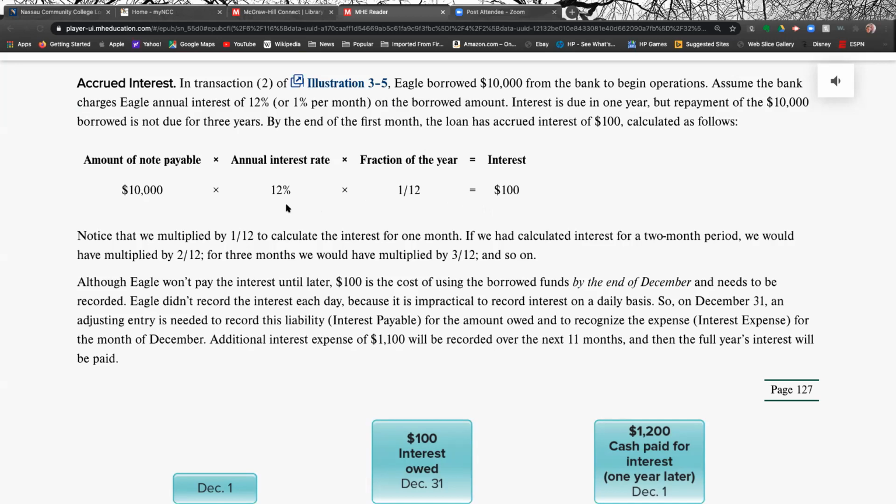They borrowed the money. They don't have to pay the money back for a while. I forget, 3 years. They don't have to pay the $10,000 back for 3 years. But they have to pay the interest every year. So how much interest accumulates every month on that loan? $100. So if they borrowed the money on December 1st,